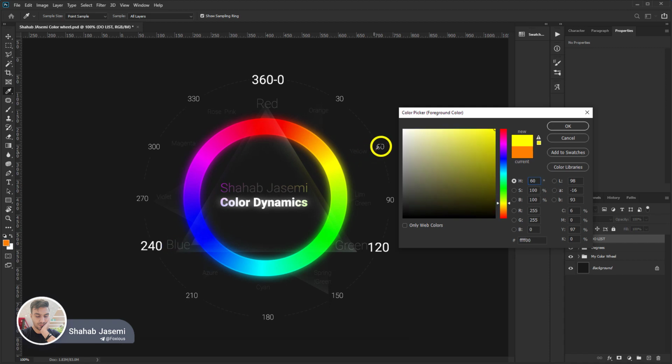60 is yellow, and yellow is a mixture of red and green. Both are maxed out. 180 is cyan, a mixture of green and blue to their maximum power. And 300, it's magenta. It's the maximum amount of red and blue. As simple as that. And if we break it even more, let's say we have less